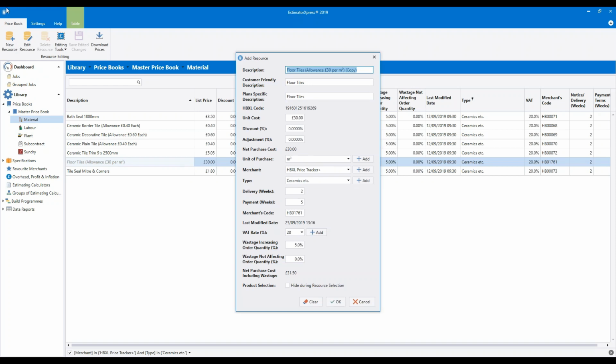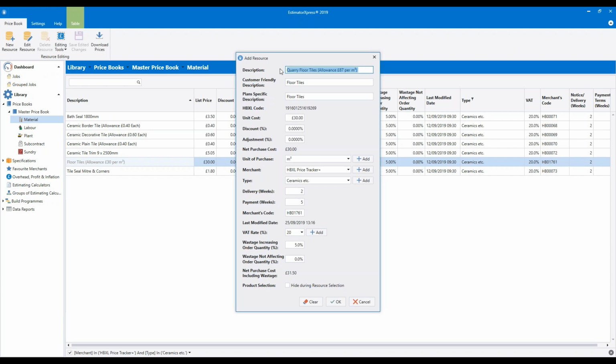So let's say we're going to add a quarry floor tile. So what I'm going to do is click into the start of the description box and type in quarry. So we don't have to start from scratch, we can just add the word quarry, quarry floor tiles. Of course we want to delete the word copy. It automatically adds that word copy because it can't have multiple materials with the same description. So you need to delete the word copy out once you've changed it. And we also want to change the allowance amount. So let's say they cost £87 per square metre for argument's sake.